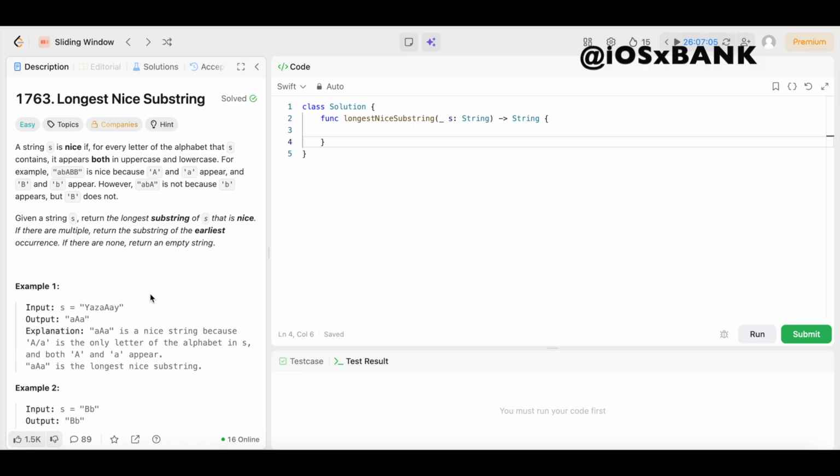And now that we understand the question, let's get into the fun part, the actual solution. Y'all, the solution is not that difficult at all, so let's get into it. First thing we're going to do is come right here underneath this function, and create a helper function that finds the longest nice substring. So for this helper function, we're going to say private func helper, open up the parentheses, we'll say underscore chars, colon, that's going to be an array of characters,